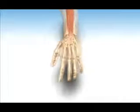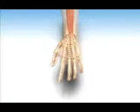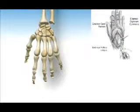A dorsal incision is made in line with the third metacarpal and centered directly over Lister's tubercle. Skin flaps are elevated, protecting cutaneous nerves. The extensor retinaculum is exposed and reflected from radial to ulnar from the first extensor compartment to the fifth or